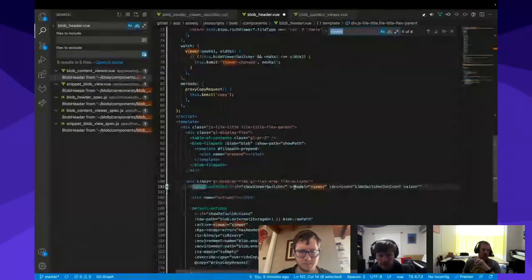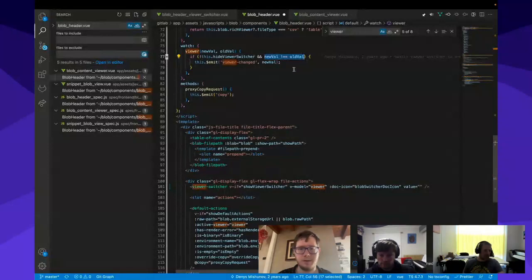I think that binds in both directions. Okay, because the view switcher, the blob header binds the view switcher and checks for a value that I suspect